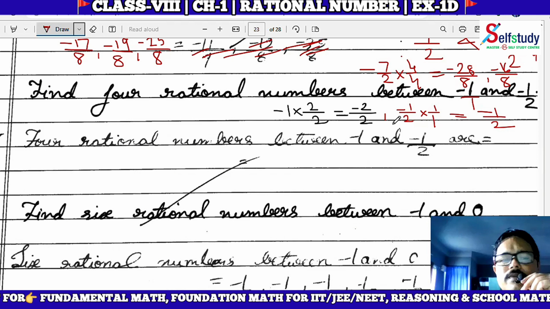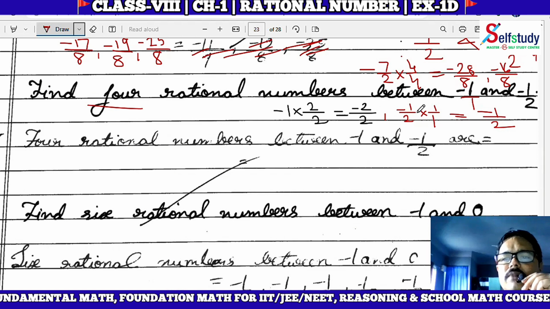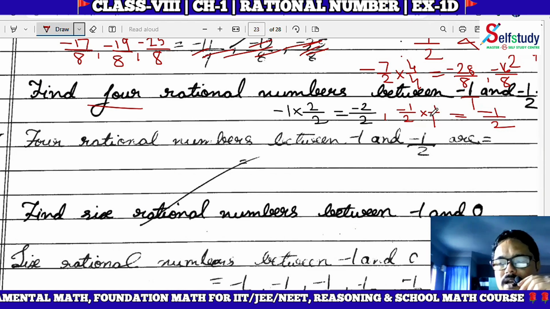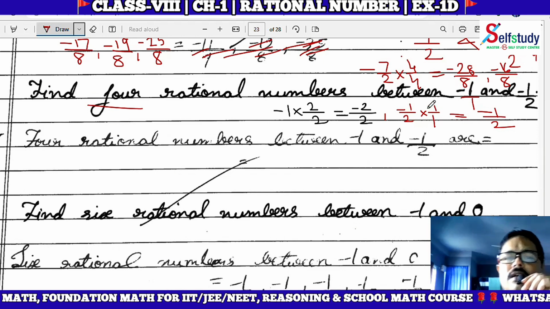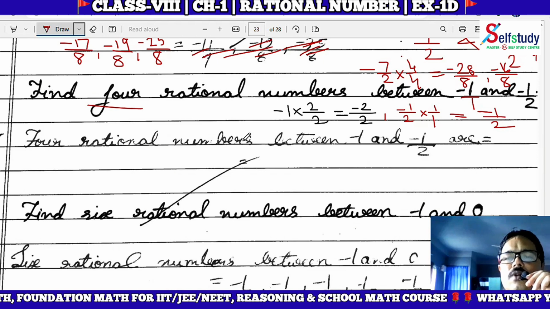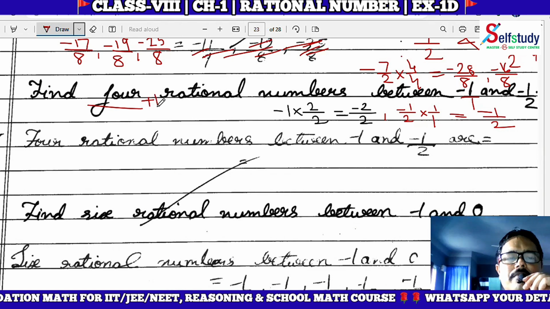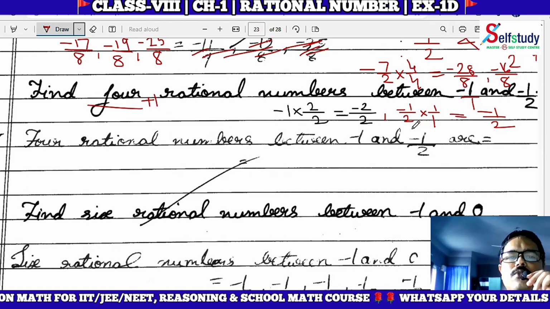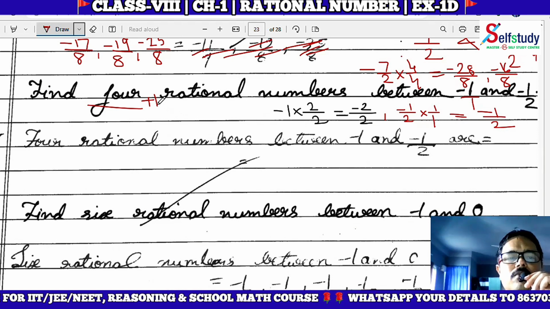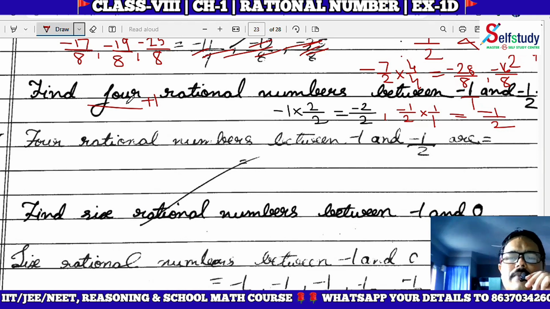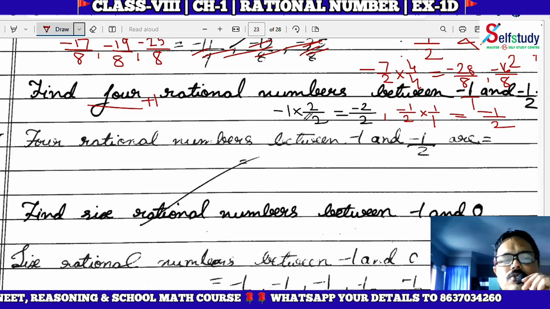But the problem is we need to write 4, but here you can see there is no integer in between -1 and -2. So we need to increase the gap. Now, for those students who are facing the problem whenever I tell you to increase the gap, if you are not understanding, then simply multiply. Here you are finding 4 numbers, so simply multiply by 4 plus 1, that is 5. If you multiply the given numbers, without thinking anything, by one more than the count, then you will find how many numbers you are supposed to write in between two integers, you can write them.